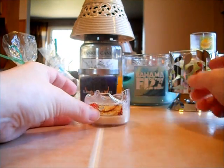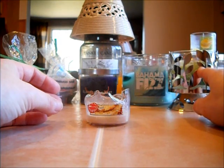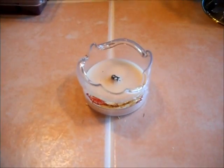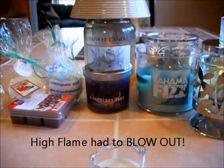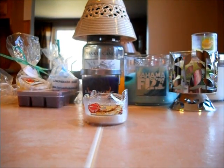Thank goodness I had it in this candle warmer. I did that for protection in the first place. I didn't think I'd need it, but I did. And as you can see, it melted. So yes, they do melt. Never had a problem. And like I said, it was in the holder. So I don't know what happened. Anyways,